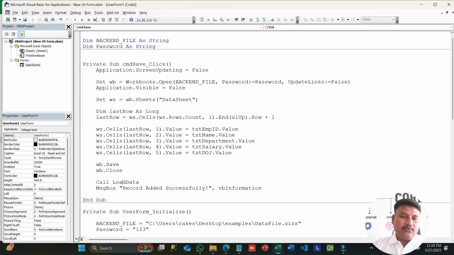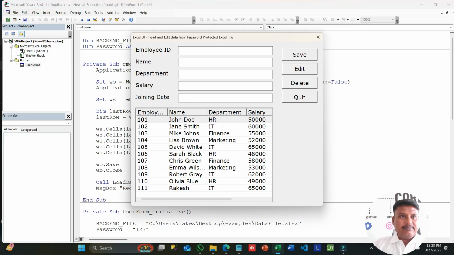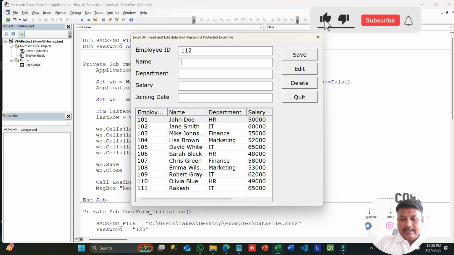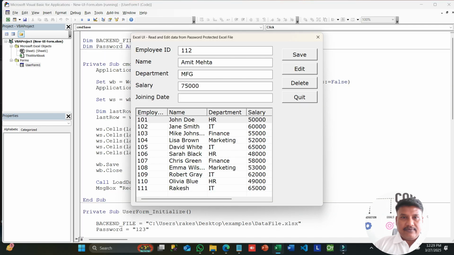So one section, one activity, and let's get a taste of this. I'm just running this form. You can see we have all the data over here, and again we are going to add one more thing, 112 for example, and let's say Amit Mehta, IT manufacturing department, manufacturing, salary 75,000 and date of join 1/1/2000. Okay, and I'm just going to click save,